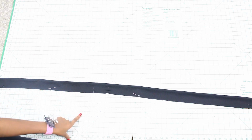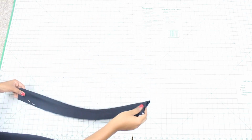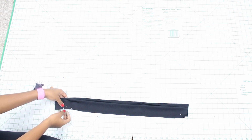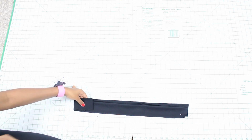And what I did was I wanted to find the center. So once you fold it in half, hot dog style, fold it again, fold it in half. This is my center here. I'm going to place a pin right here and another pin on the other side,